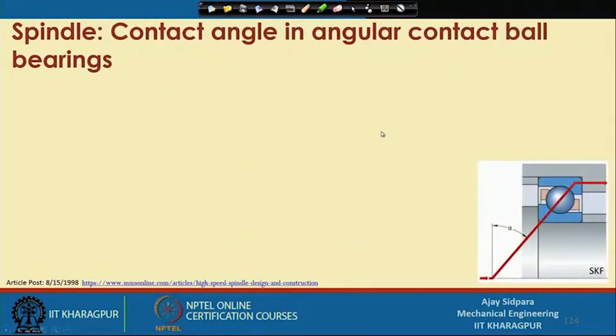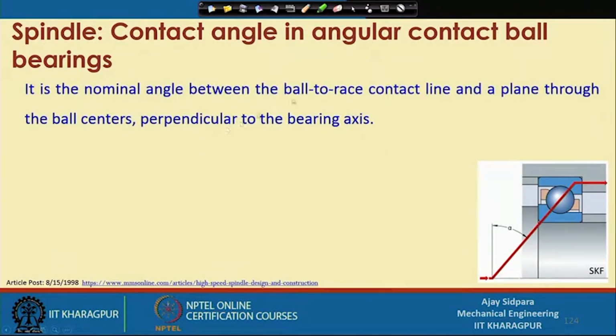So what is the contact angle here? It is a nominal angle between the ball to race contact. So where is the ball to race contact? This is the ball to race contact. Correct. So this is the ball to race contact line. Wherever this contact is, you have to draw one line here. So this is the line passing through the ball to race contact, and a plane through the ball center. So this is the ball center,